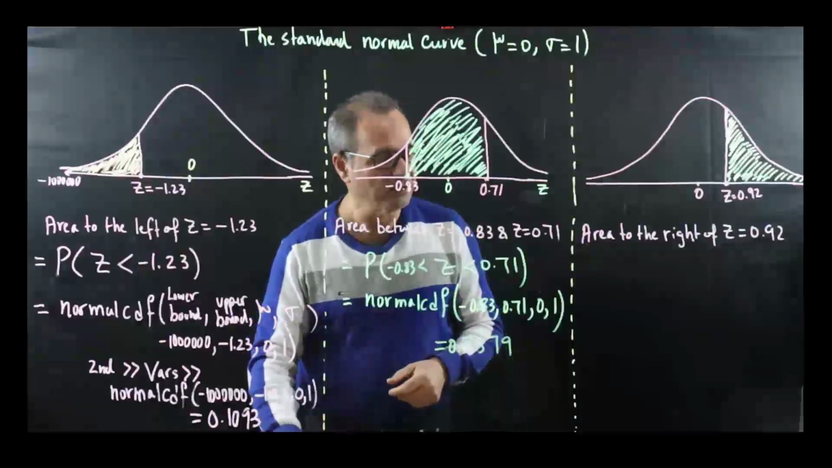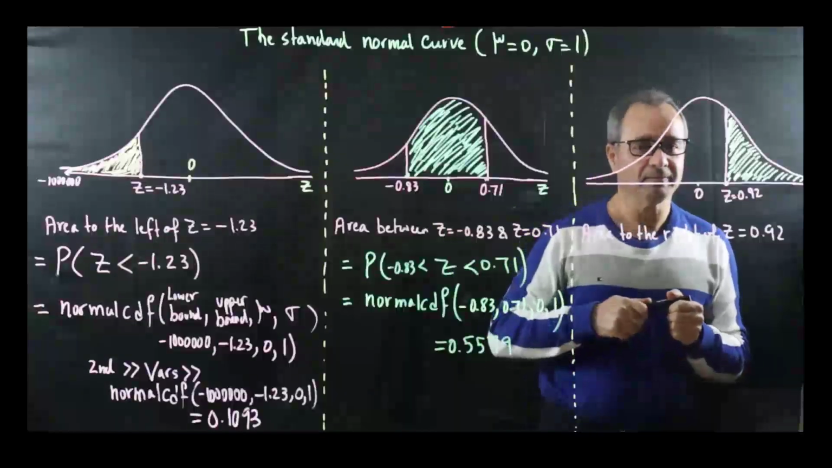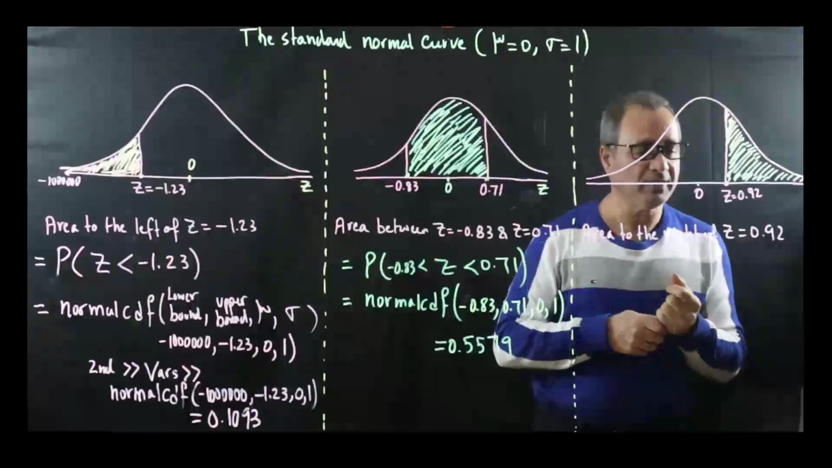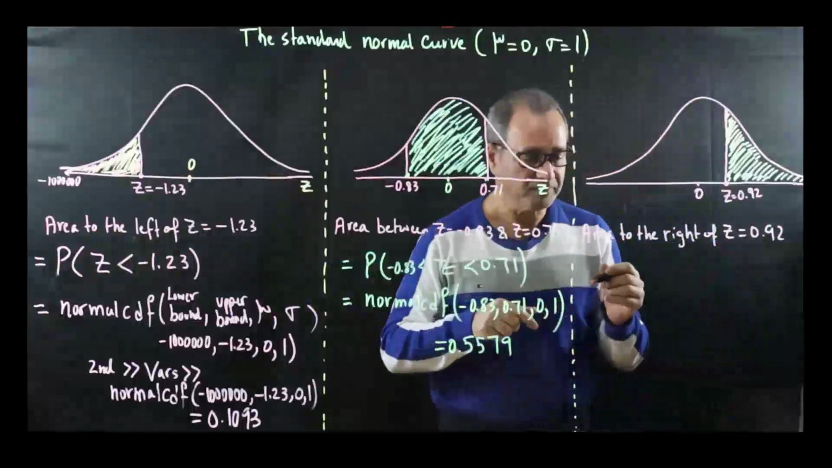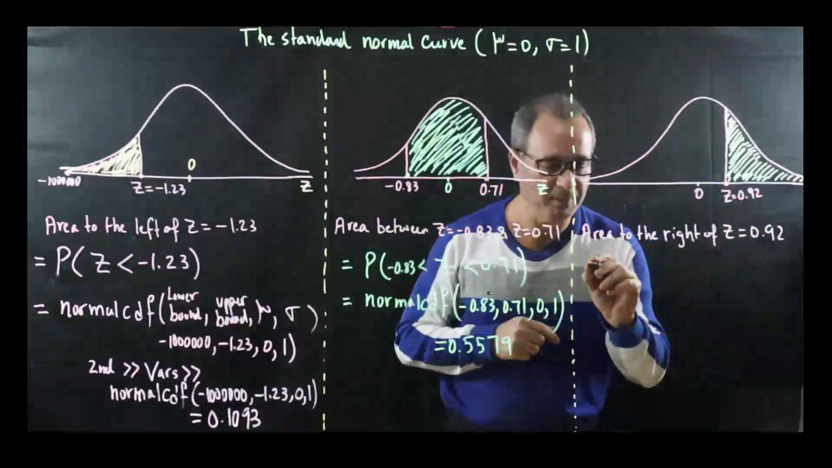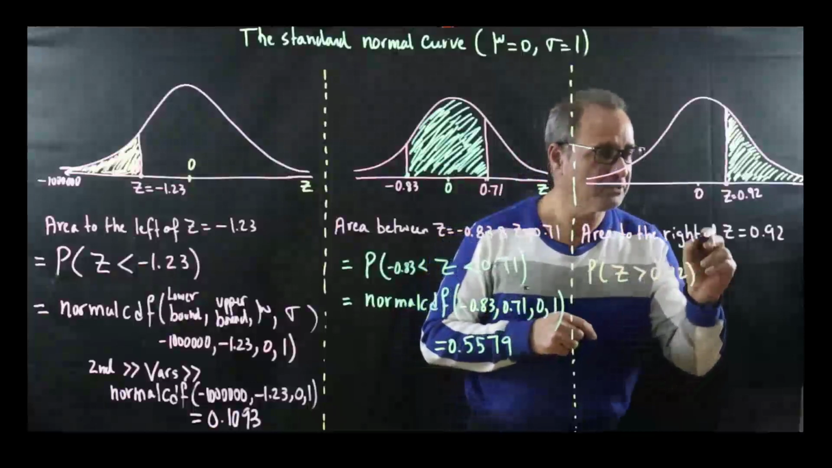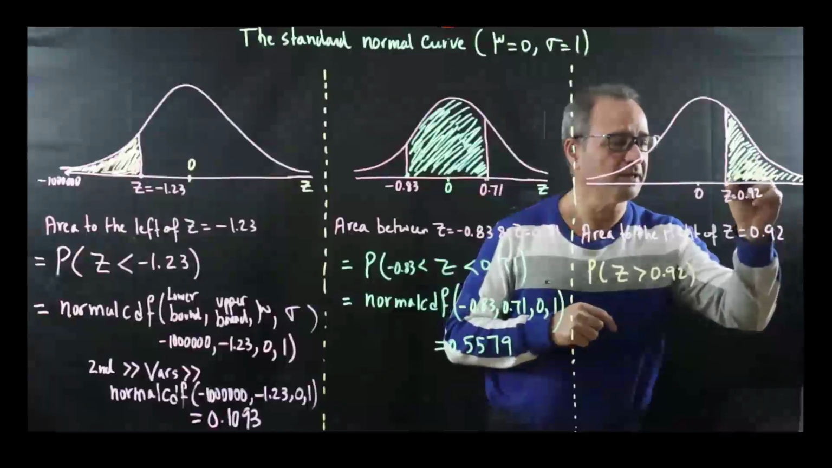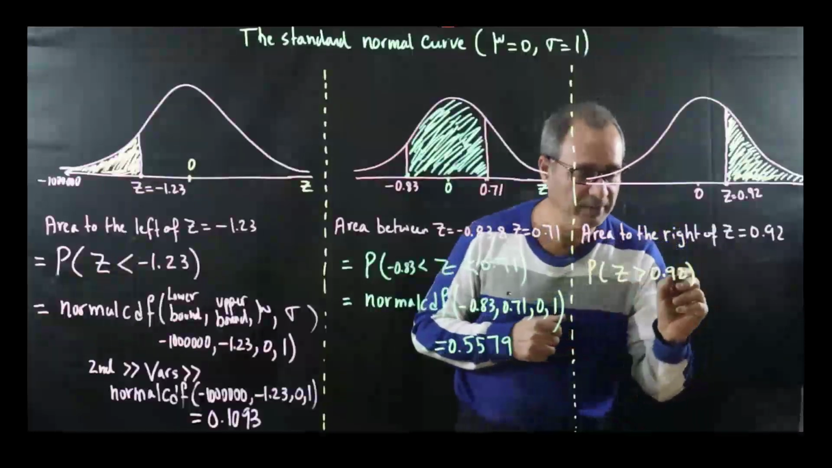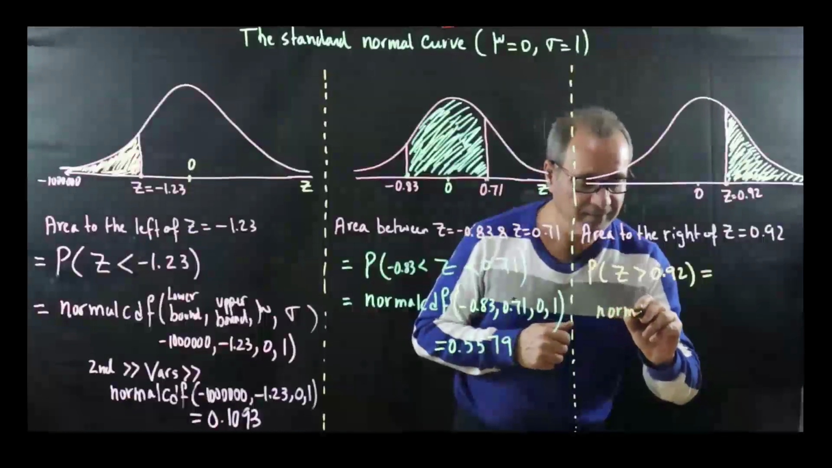Now let's go to the next one, which we're going to learn how to find areas to the right. Okay, for the area to the right of z equals 0.92, we want to change this to a probability. That will be a probability of z greater than 0.92. As you can see, it's an area to the right. Okay, probability of z greater than 0.92 would be equal to, if you want to change it to normal CDF,